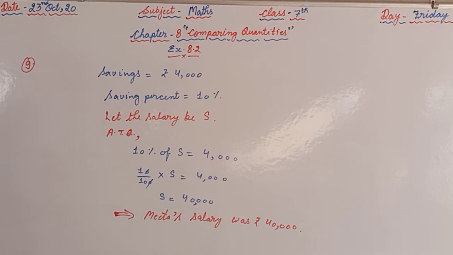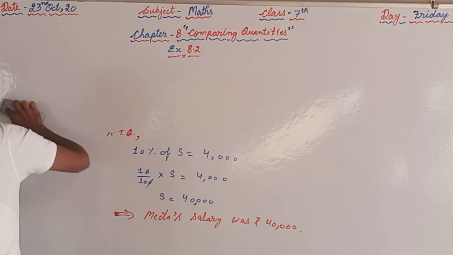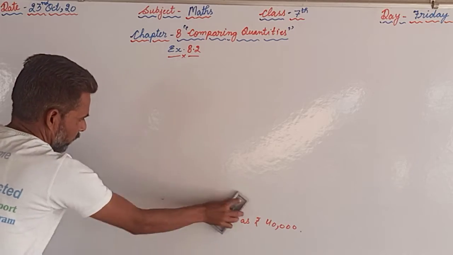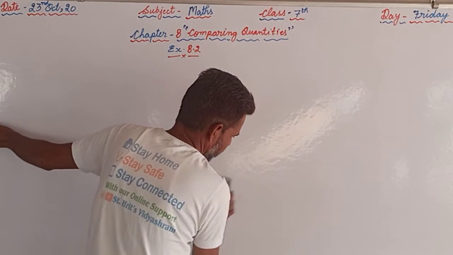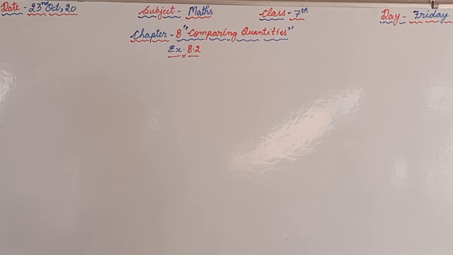After question number 9, now we will discuss question number 10. In question number 10, a local cricket team played 20 matches in one season and it won 25% of them. How many matches did they win? So total number of matches,